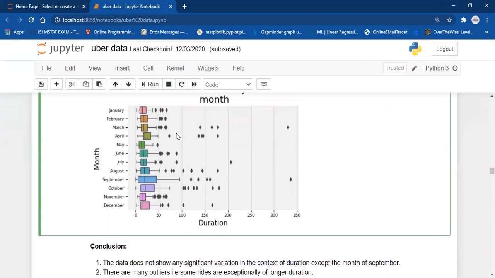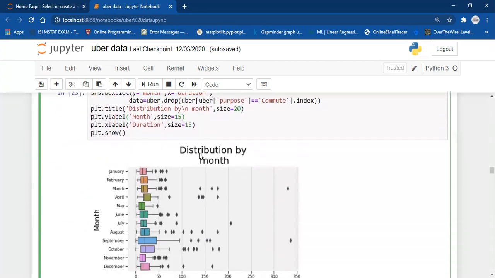So what are outliers? Basically, outliers are those values which highly affect your data and which are totally different from the rest of the inputs. For example, if you have data which contains the height or, say, the weight of a person. The weight of one person is 50 kg, the second person is 75, then 65, and most of your data observations are within 50 and 90. And then you have one observation with a weight of 150 kg, or say 200 kg. That 200 kg observation is your outlier because it varies very much from the rest of your observations. So this is your distribution by month.